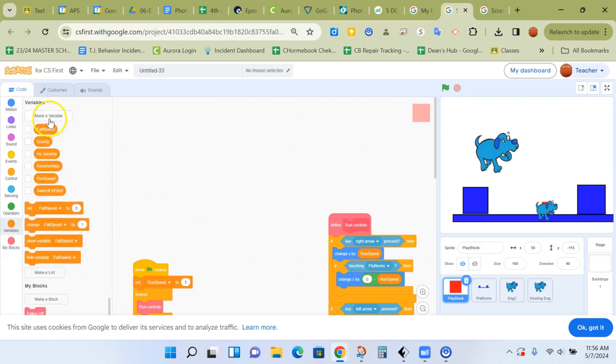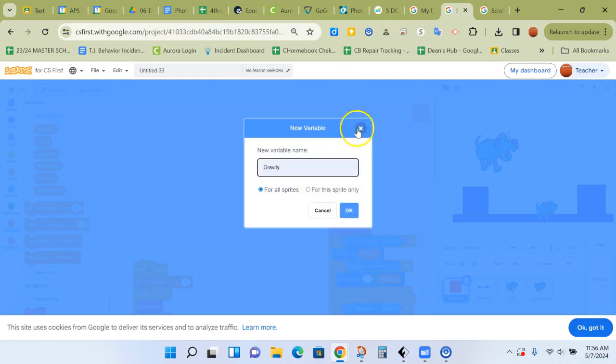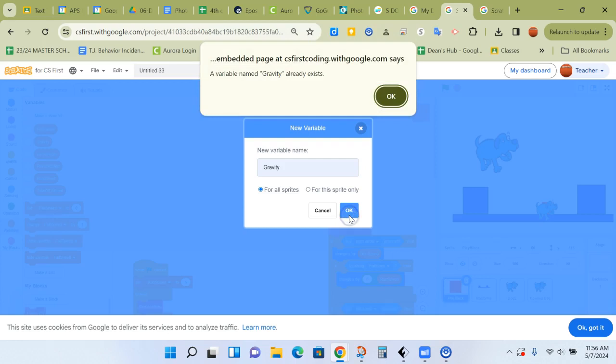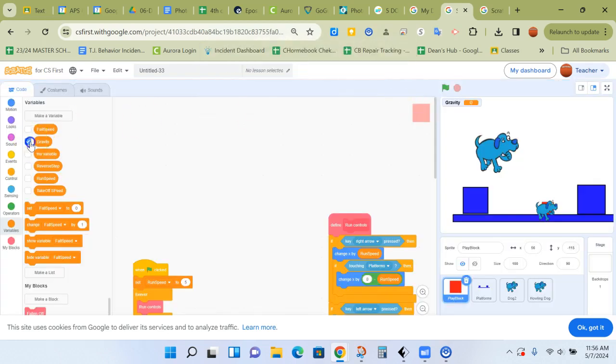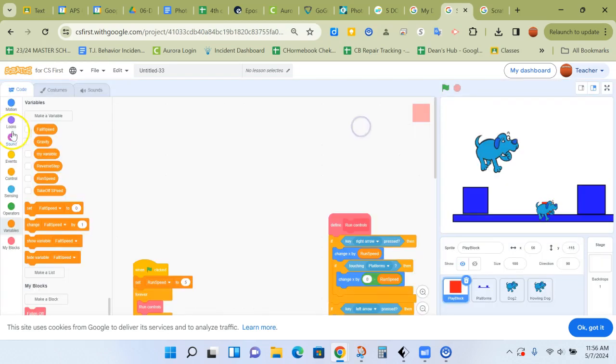for gravity. So you'll click make variable and type in gravity and click OK. Make sure you uncheck the box because you do not need it to appear on your stage. Then you're going to make the second variable called fall speed. Click OK, and make sure the box is unchecked so fall speed